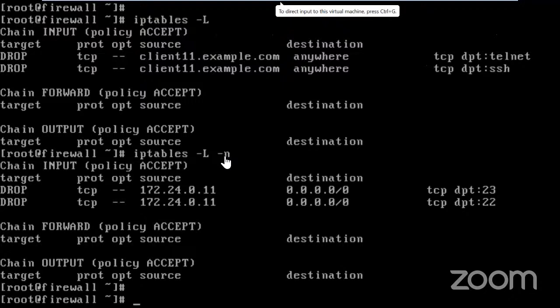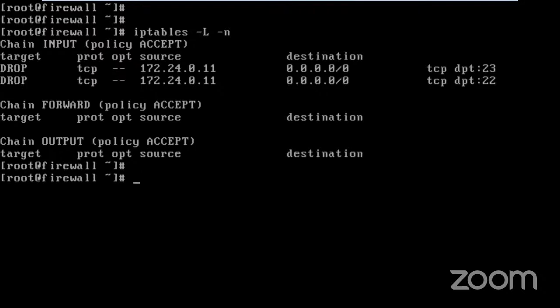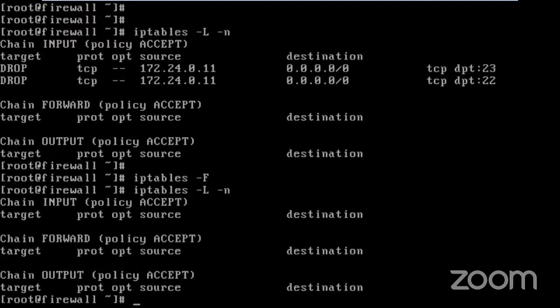So suppose you have written 100 rules. Deleting 100 rules one by one by specifying the -D command is not very efficient. So please remember, sometimes in our case, we have so many rules available and we want to delete all the rules. So one very good command is there, flush. Now flush is going to delete each and every rule. So if you have to delete all the rules, you can use the flush command.